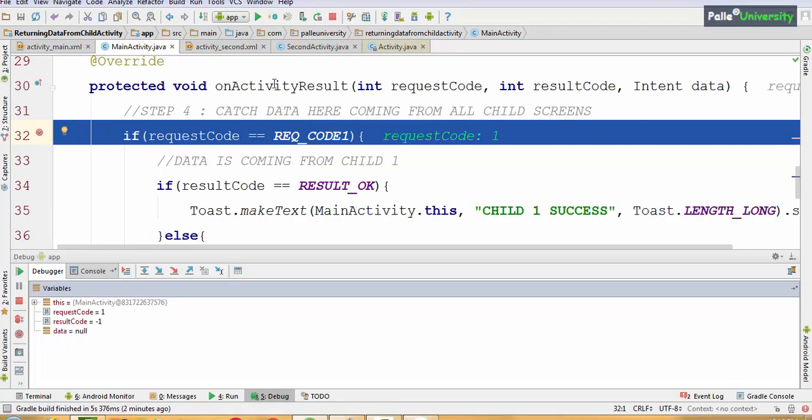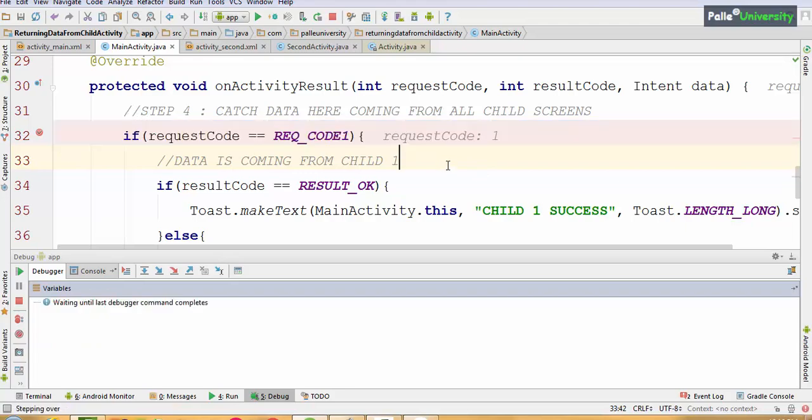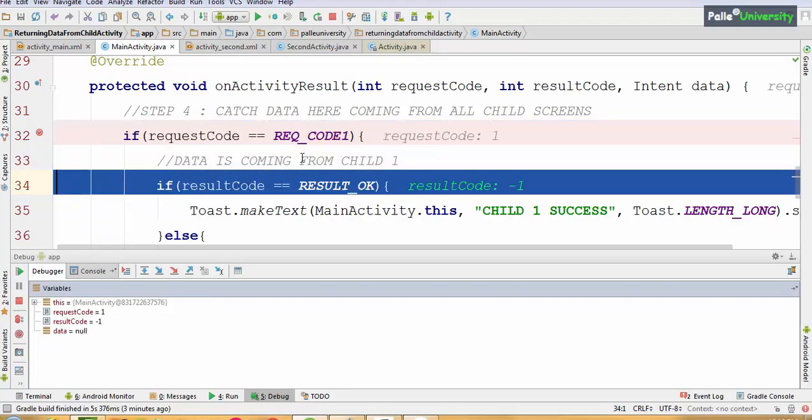You can observe automatically data is coming to the onActivityResult method of the main activity. Tell me, who is calling this method? This is a lifecycle method, and it can also be called a callback method, which will be called automatically by the Android system. So first we are checking if request code is equal to 1. That means data is coming from the first child. Now let me press F8 to check the step-by-step process.